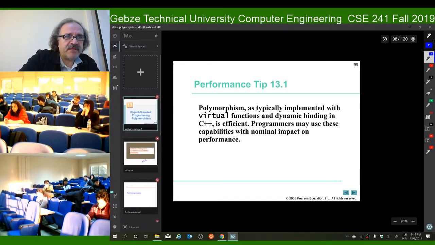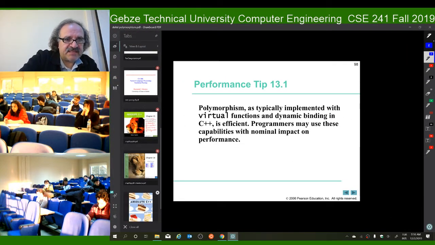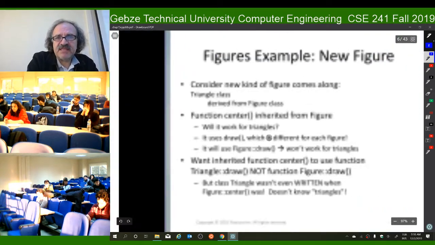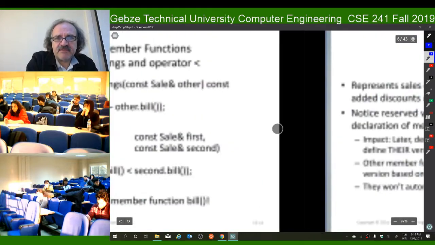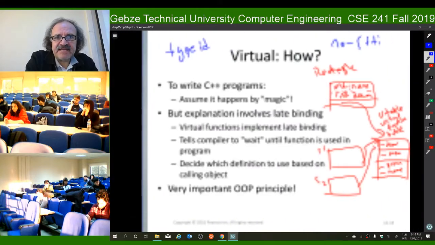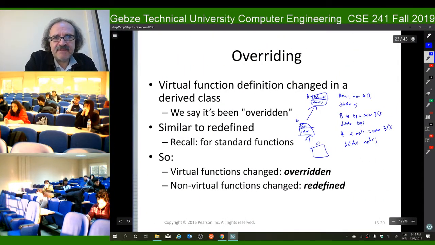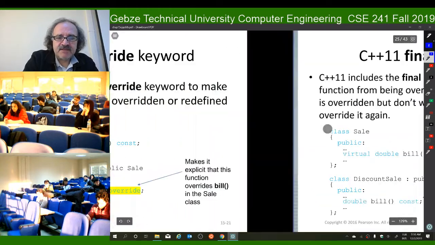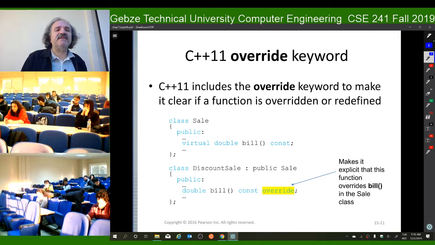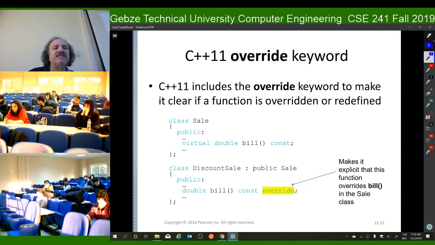Okay, good. Let me go back to my book slides now and see what the book says. Remember the last time that I talked about pet classes. Let's see those pet classes again. Okay, so did Erdoğan Hoca talk about this override keyword? Okay, so this is in the book. We say that in C++, we have this new way of saying that. Okay, in my base class,